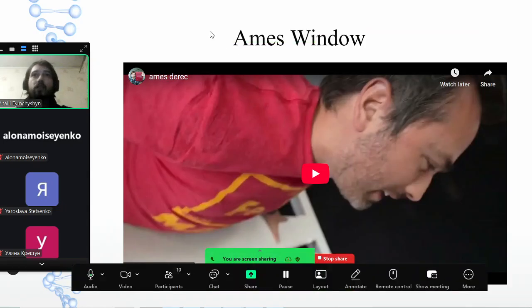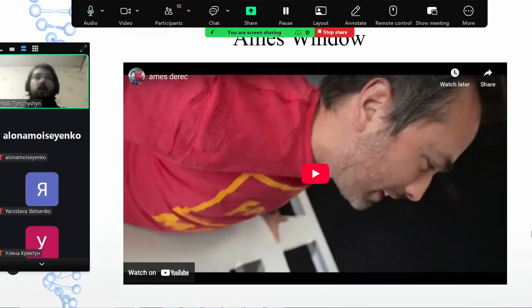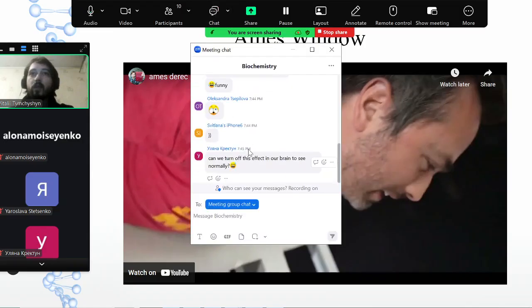So this illusion is called the Ames window. These are excerpts from the Veritasium channel, so you may want to check that out if you wish, but I think I have cut out the most interesting part. There are some different illusions based on 3D. I guess there is the Ames rule. Probably yes, it's the same Ames, I guess. I don't have a video right here, but you can look it up on the internet.